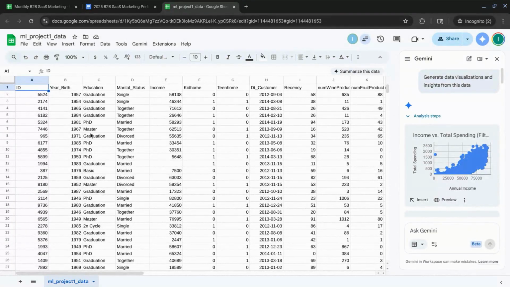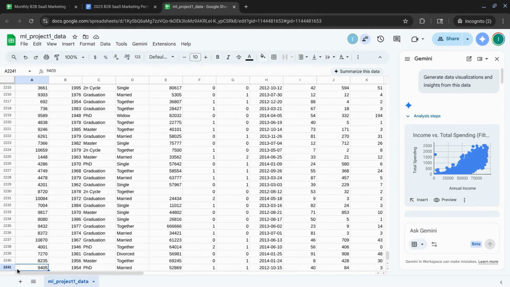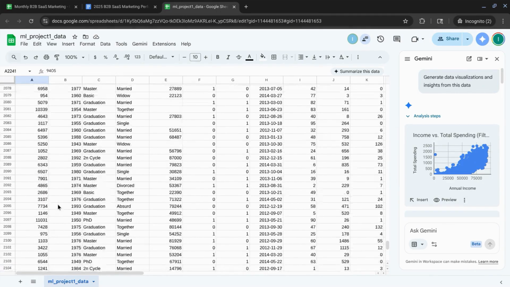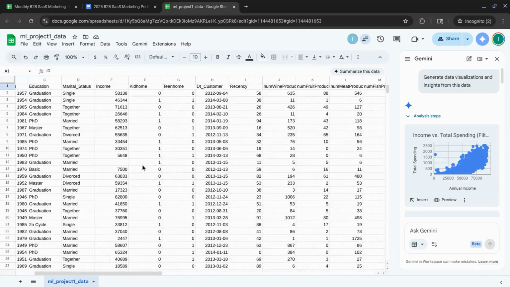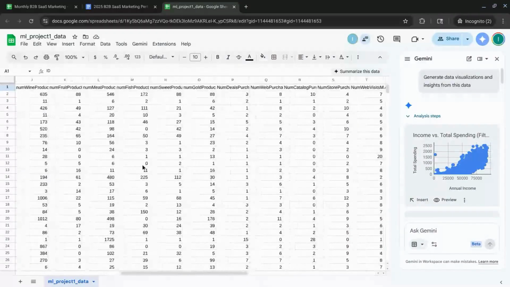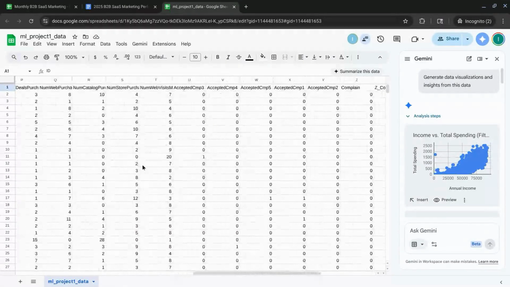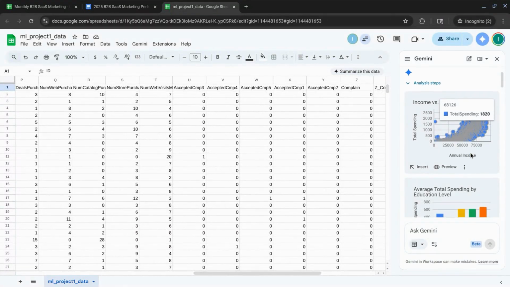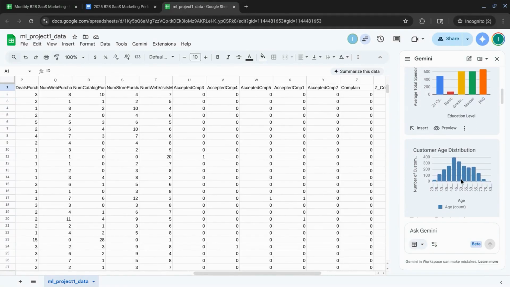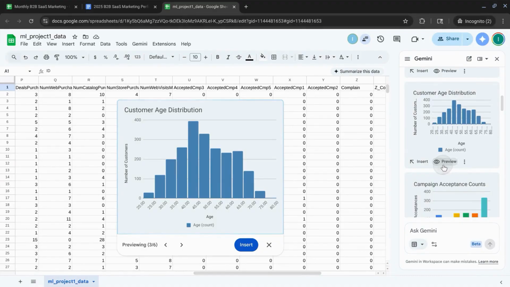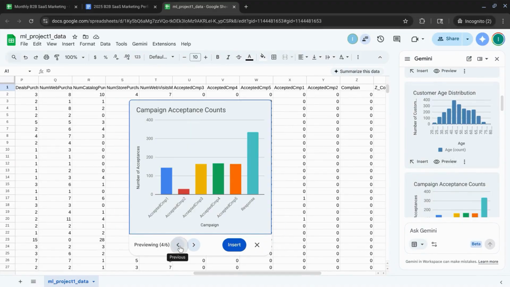Gemini works with larger datasets in Google Sheets as well. This dataset has over 2,200 rows for customer data on demographics, the amount of products they purchase, as well as marketing campaign data. So in the right panel, we have these different data visualizations, including the customer age distribution, marketing